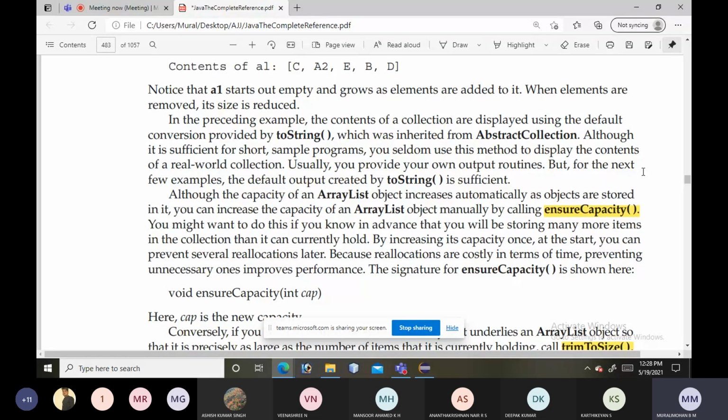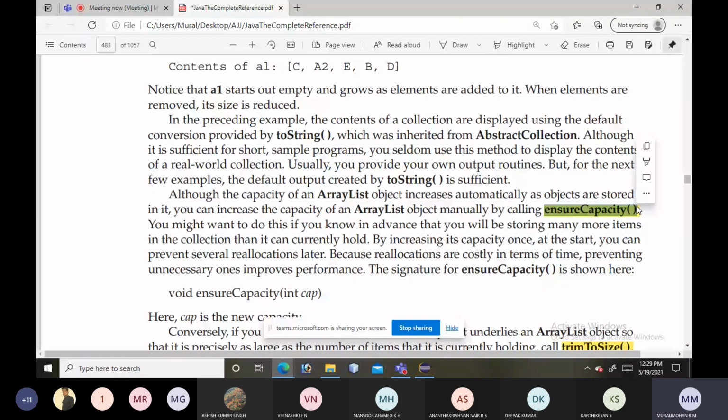Hence, if we know the number of elements, we can reduce the number of reallocations by calling the ensureCapacity method, and then we can improve the efficiency and the performance of a program. Is it clear? That is why it is good to manually allocate by calling the ensureCapacity method.